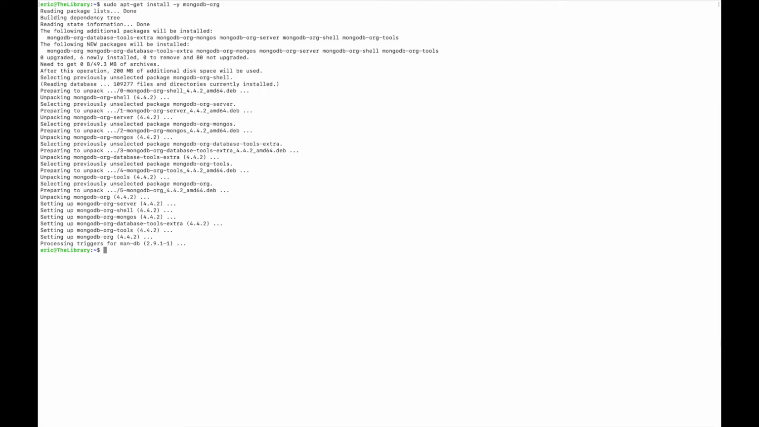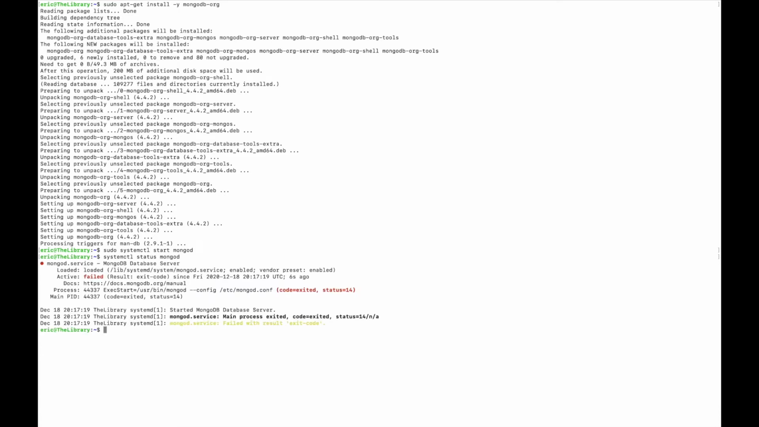Once the installation process is finished, we can try to start MongoDB. So we'll do sudo systemctl start mongod. And now we can check to make sure that actually worked. And in fact, it did not. And this is usually caused